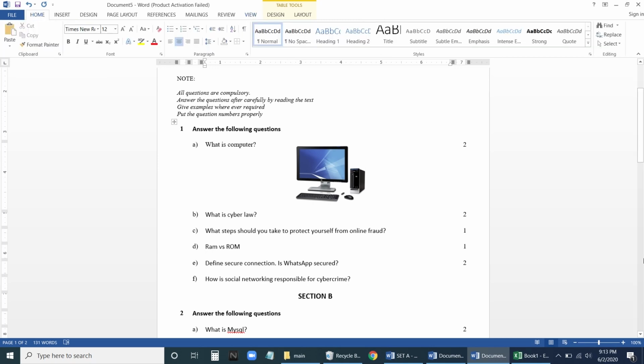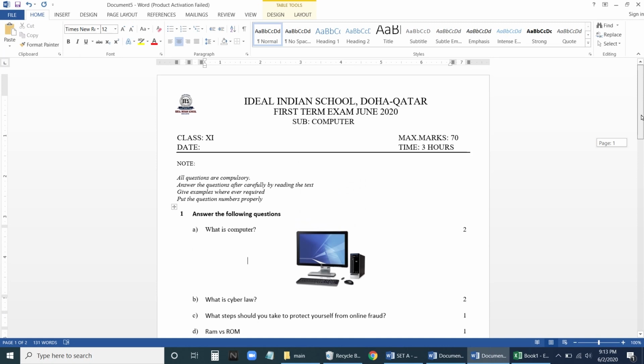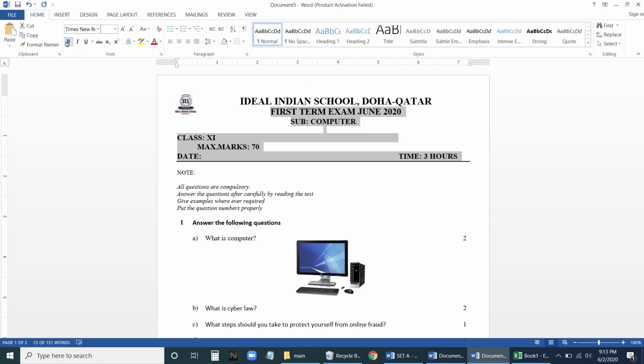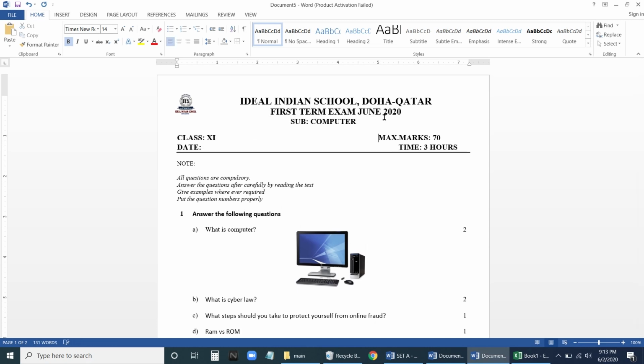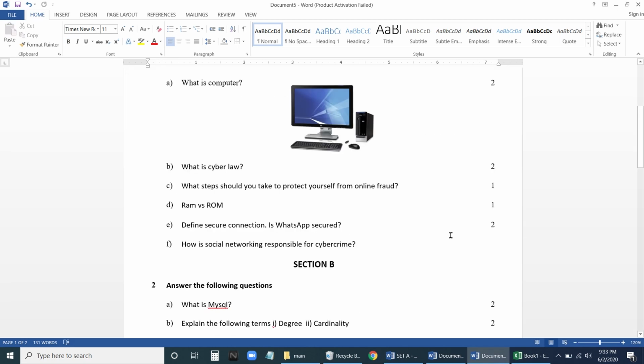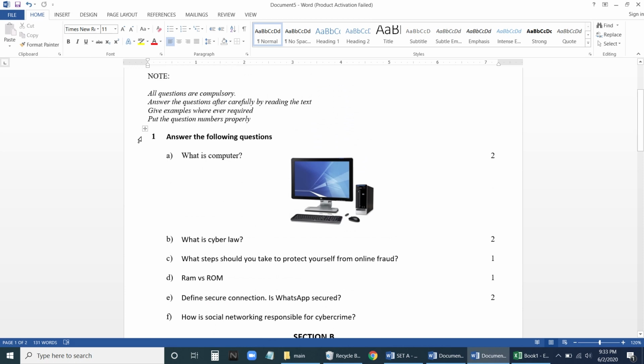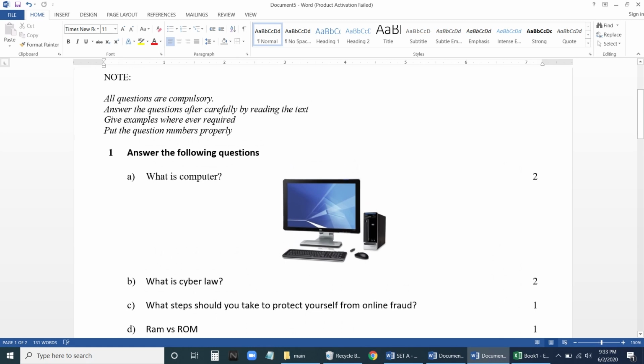Now this way we can have the question paper. Let me keep this a little bit bold, and let me keep all the things here bold. Now see, it has gone down here. So make sure. One last thing I want to mention here is, let us say I want to add section A on top of this. So I will zoom in and go here, and I can see the arrow mark.